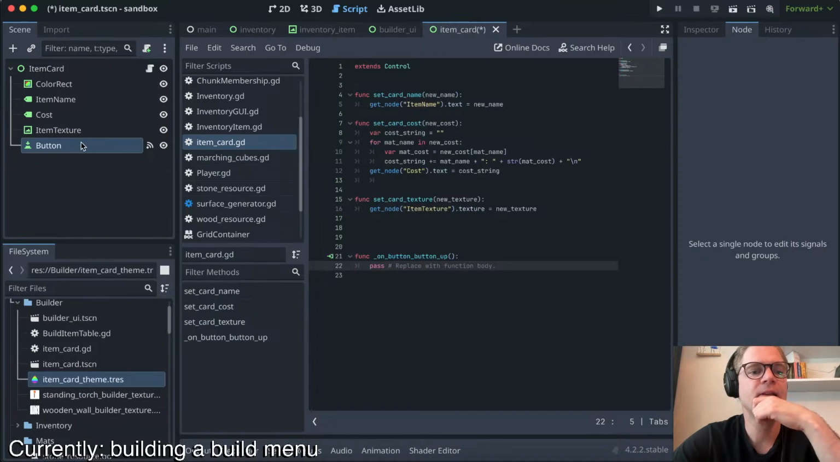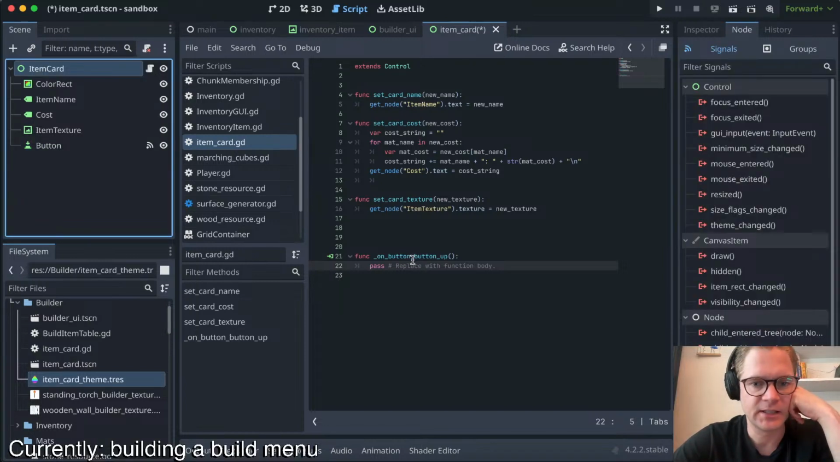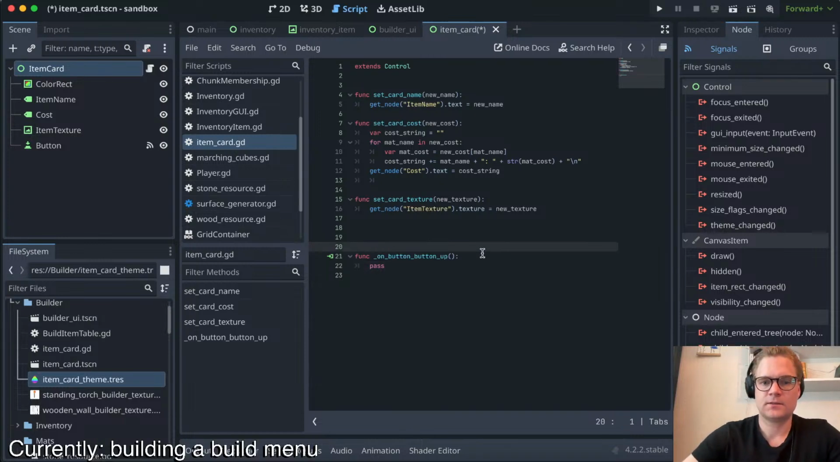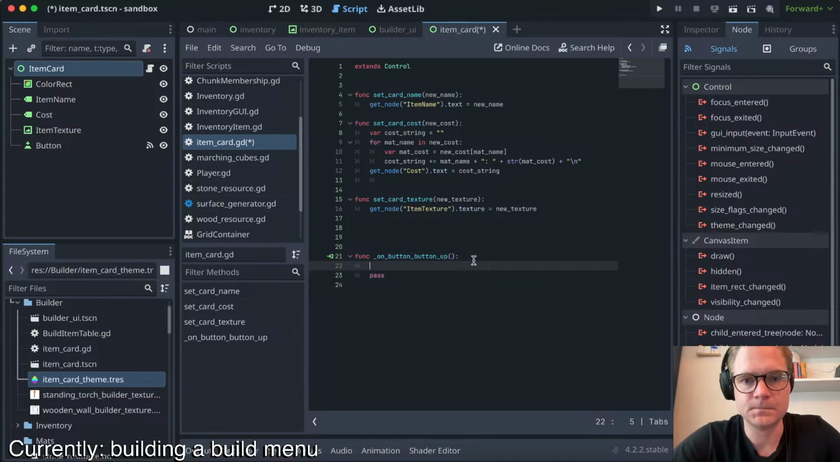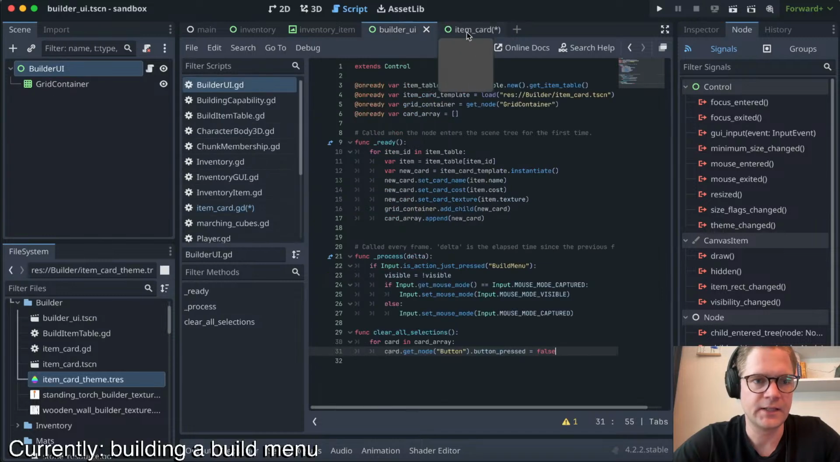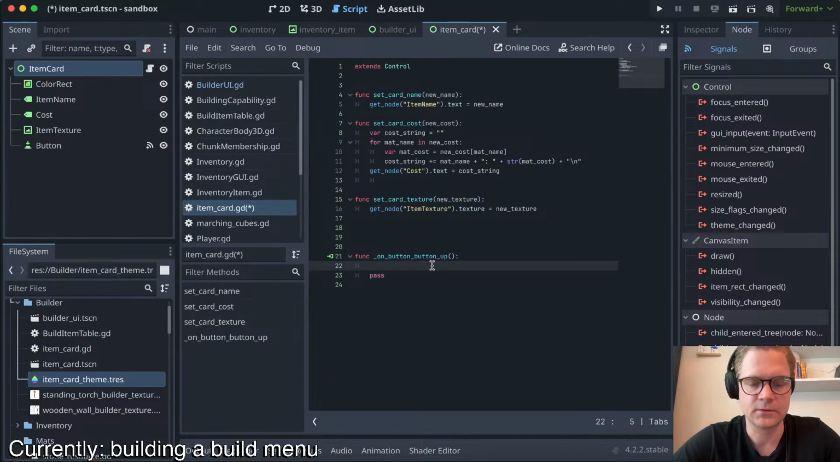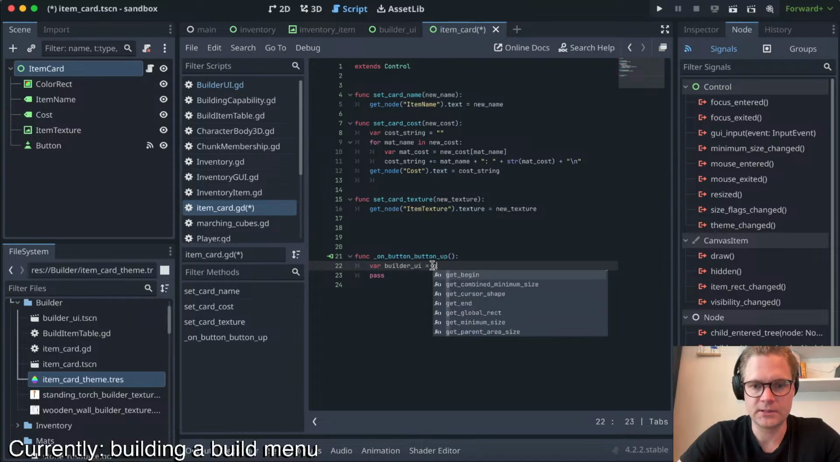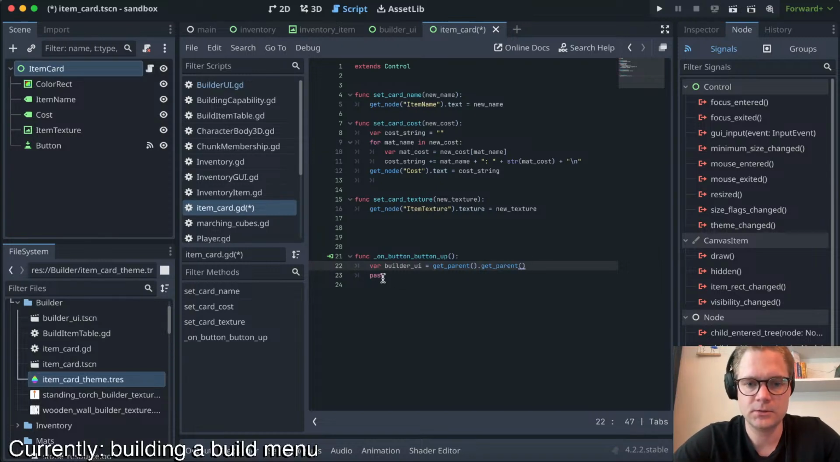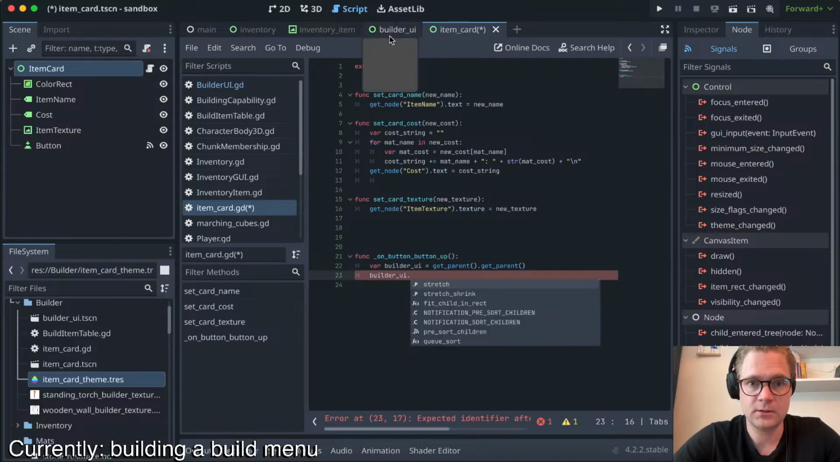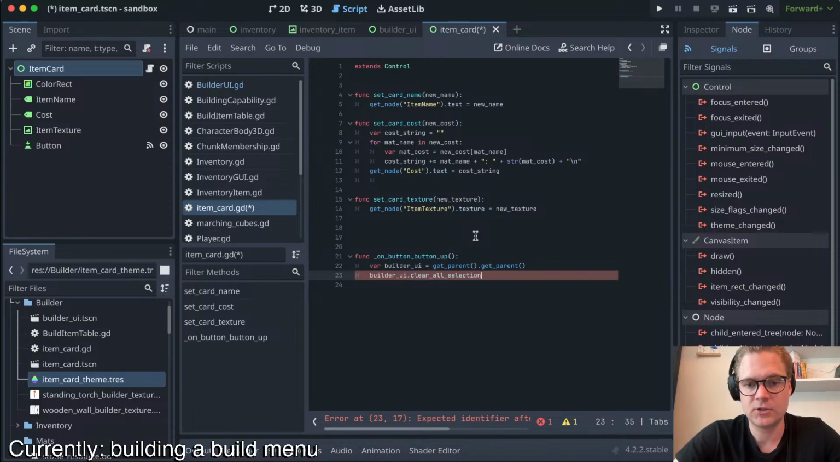Oh, I get it now. The button didn't even have code, but the item card does. Of course. So then we need to find the builder UI code. So builder UI equals get parent dot get parent. Builder UI dot clear all selections,